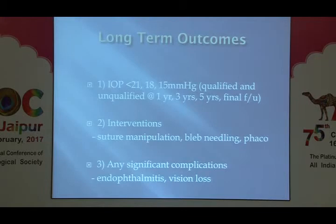Long-term outcomes, what did we look for when we tried to analyze the patients? We tried to analyze the same group of patients. We could only get about 30...